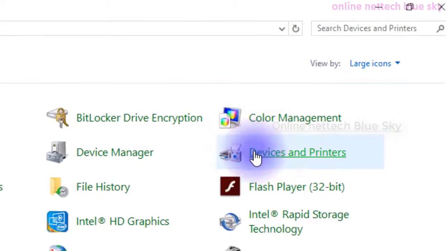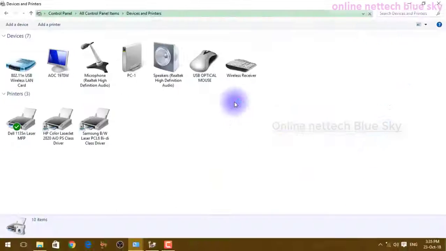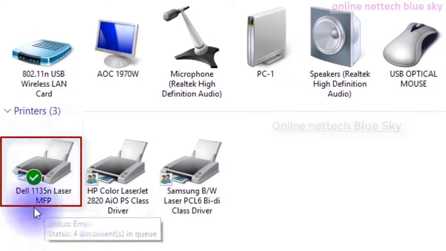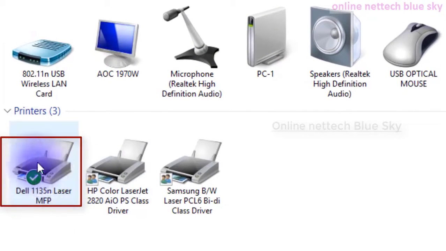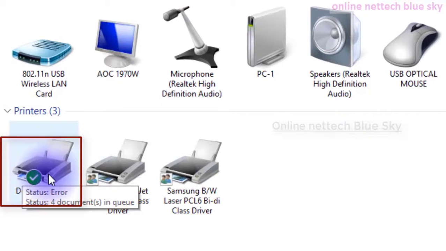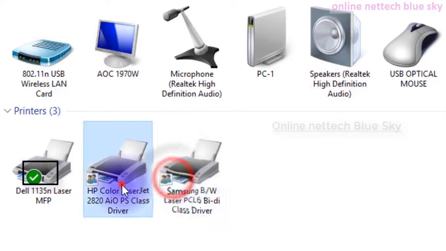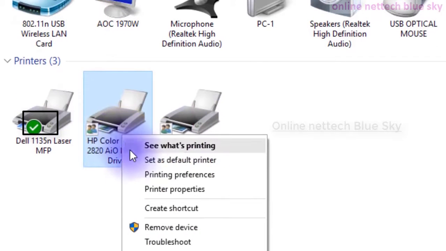First you want to check Devices and Printers here, and check whether my printer is turned on. By default it shows on in my computer, but physically I have powered off my printer. I'm just showing you first how we can set the default.